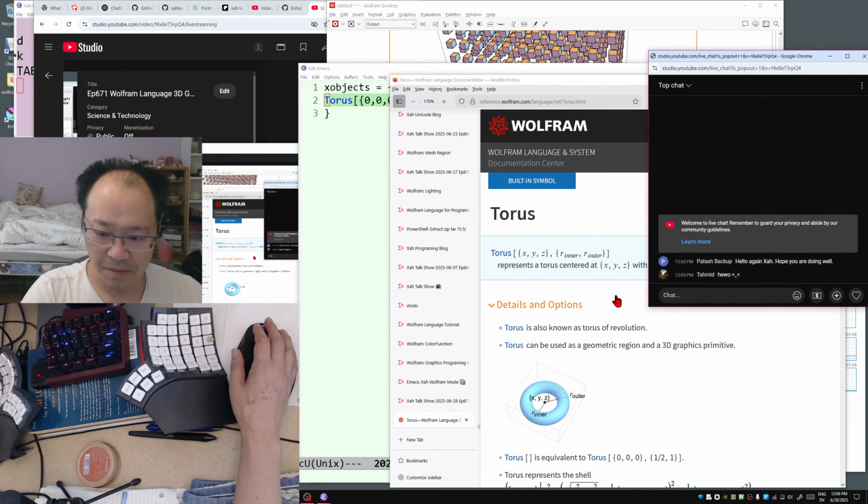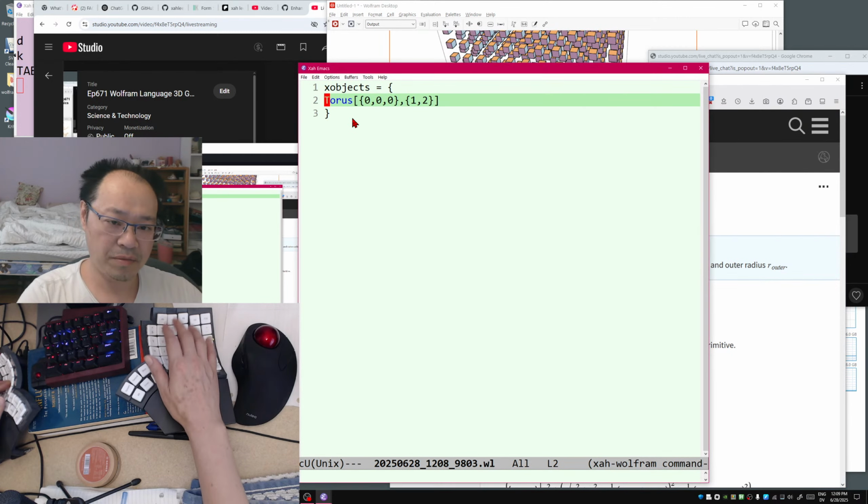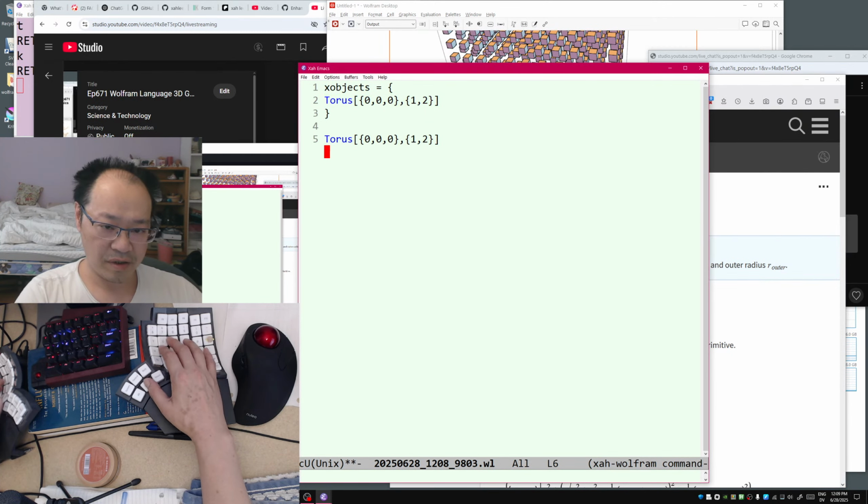So good. Comment, okay, comment. So torus, you got inner and outer radius. So let me just show this, okay? So you got a torus. Then if you want to show it, you just say Graphics3D